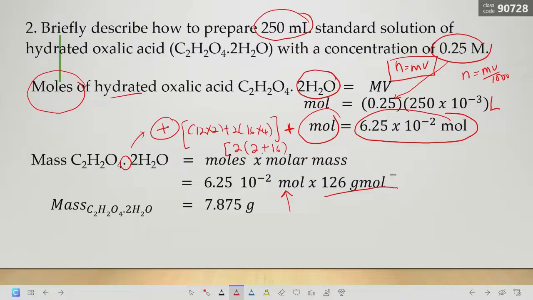Oxygen is 2 plus 16, 2 plus 16, which is 18, 18 times 2. Then you tambahlah. The dot here means that you have to add, bukan kena darab. So when you add this, you can get the total of 126 gram per mole. And then you times with this, then you get the mass. Okay, now baru you